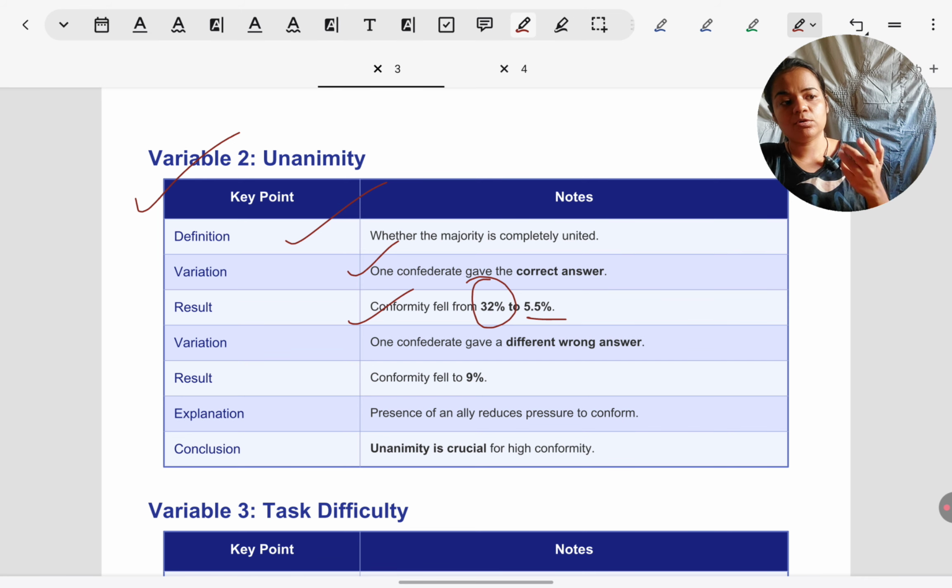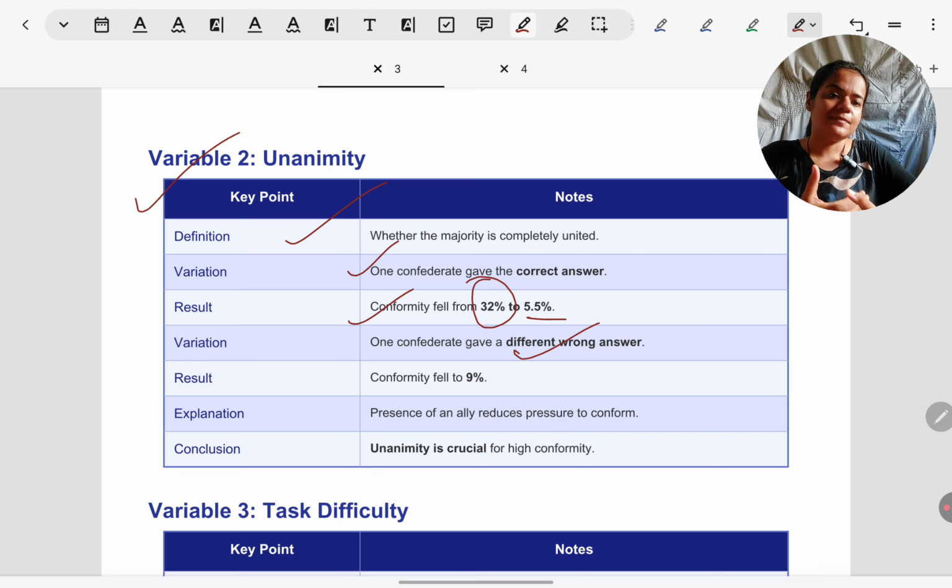Let's take an everyday example. So I gave you an example. What if your classmates are coloring their hair red? So let's say you're in a class of 50 students, 49 of them have colored their hair red. So you might also go and color your hair red because the group pressure is very strong. You're fearing that they'll not approve of you anymore with your natural hair color. But let's say one other student is there, just one, who has not colored their hair red. So one person is breaking the unity of the majority. Then it is less likely that you will conform. So when one confederate gives the right answer, conformity comes down to 5.5%.